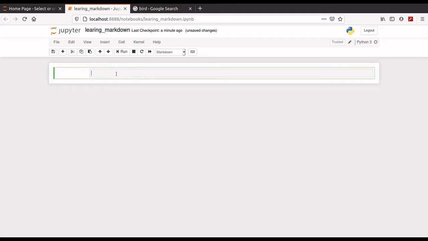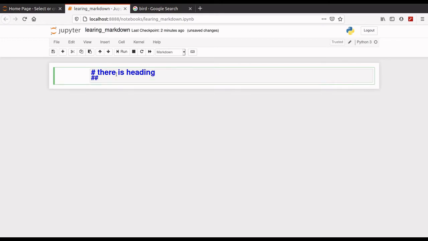So just start Markdown. So in Markdown, in the same case of HTML, you have some heading on the basis of size. If you use only one hash, then the size will be maximum. Let's see, this is just like heading in HTML. This is heading. If you use two hash, then the size will be a little less. Three hash, then more or less.